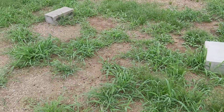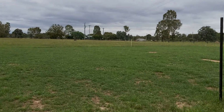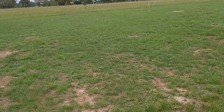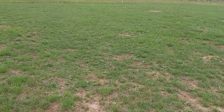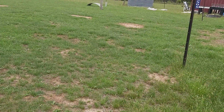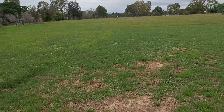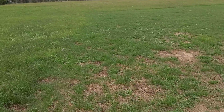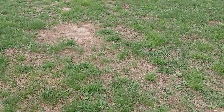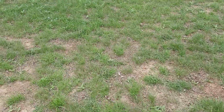And this was because I couldn't move the electric fence because the poultry net was just stuck. And this was where I had the goats last before I just moved them. So it is recovering really, really nicely. I'm really pleased with that. And I mean, you can see the difference. There's lots of different types of plants growing up. There's still big patches, but